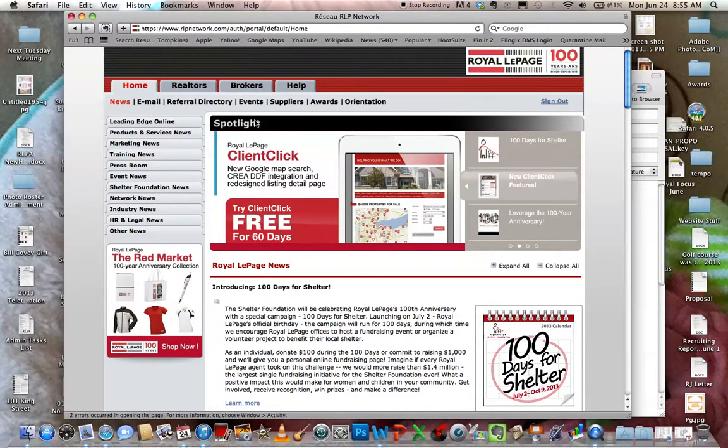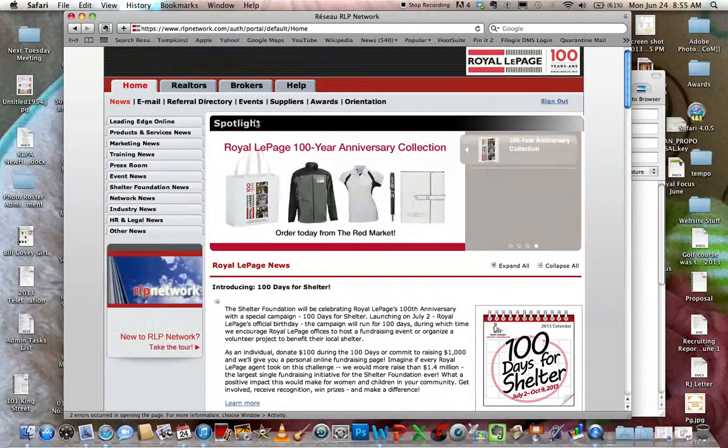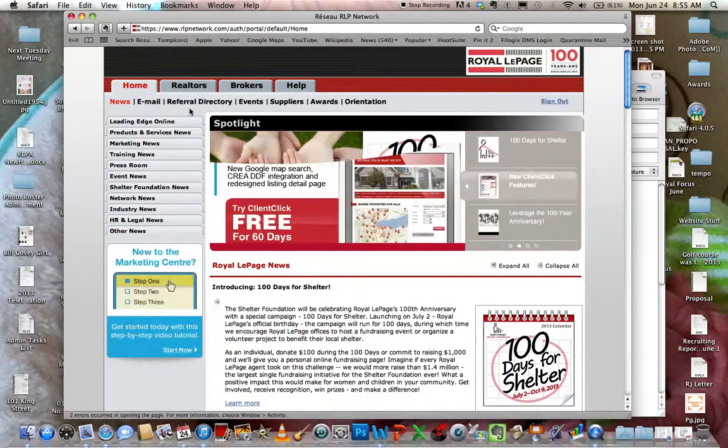What you want to do is go ahead and log in with your username and password. Your username is the same as your email address, and your password is the same as the one you set up for your email address as well. And you'll be brought into this page, which is called the home page. You can see it's the home page tab there, and we're going to go along these sub options here